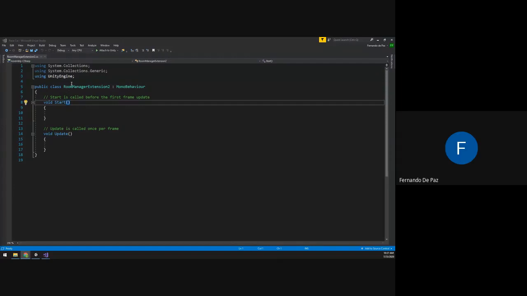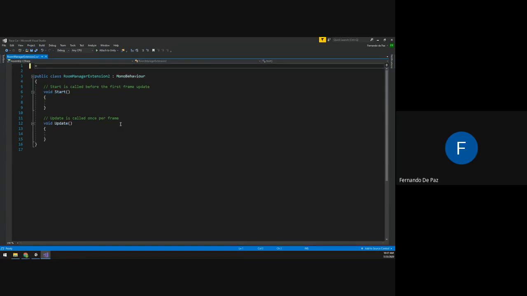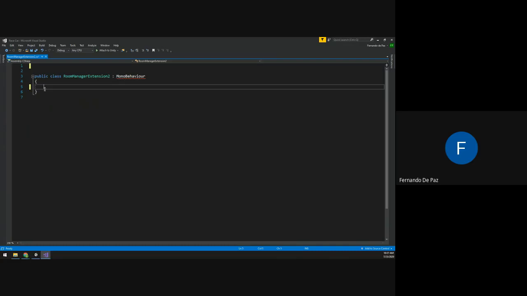Okay. So with this one, we are going to delete almost everything. Yeah, let's delete all the stuff up here. We don't need it, and we're gonna delete the stuff in the middle. We don't need it either. Okay. And instead, we'll be using the Mirror library. So here, type in using Mirror. Okay, and we're gonna change this MonoBehaviour to